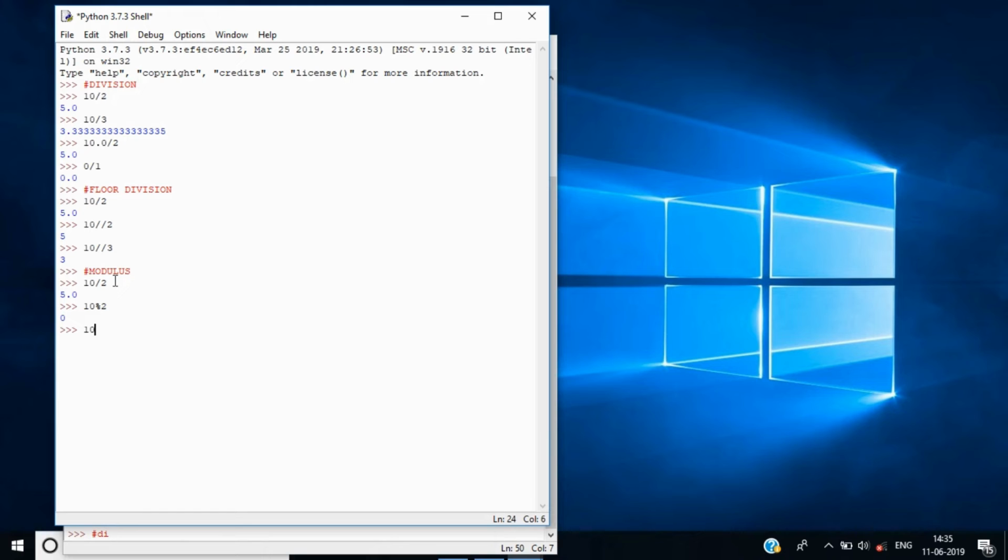What if I say 10 mod 3.3? It's going to be a float totally. So this can be between two integers like 10 mod 2, or between an integer and a float, or between 10.10 mod 3.9, say, which will be 2.3 or something like that. So that's about modulus.